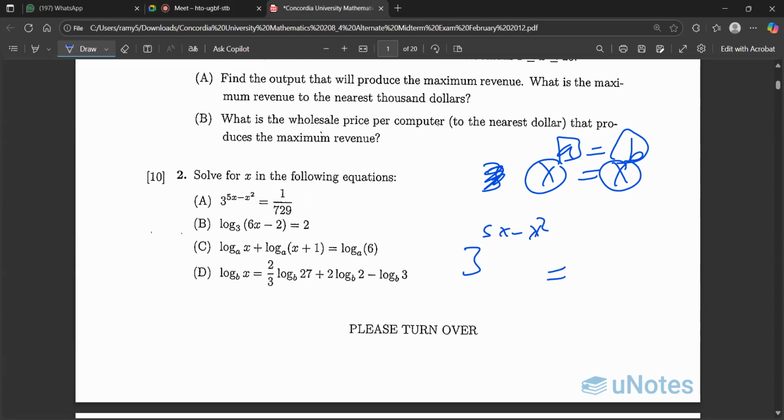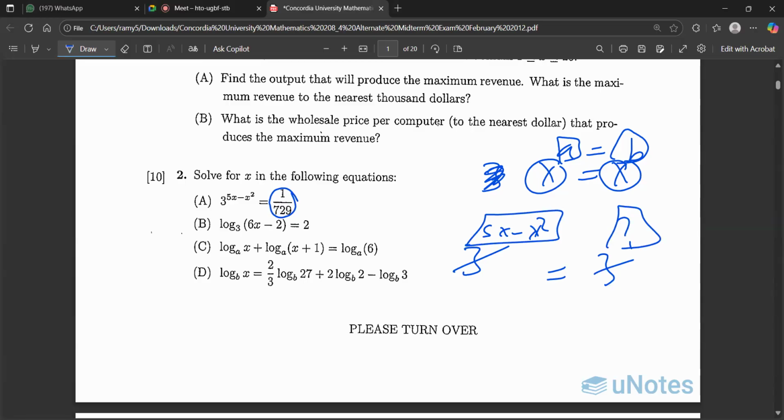So if I know how to make this fraction look like 3 power something, I can cancel the base and make this expression equal to this one. So now I can solve it, right? Great. So 3 power what equals 729? Try it with your calculator. Try 3 power 3, 3 power 4, 3 power 5 until you reach